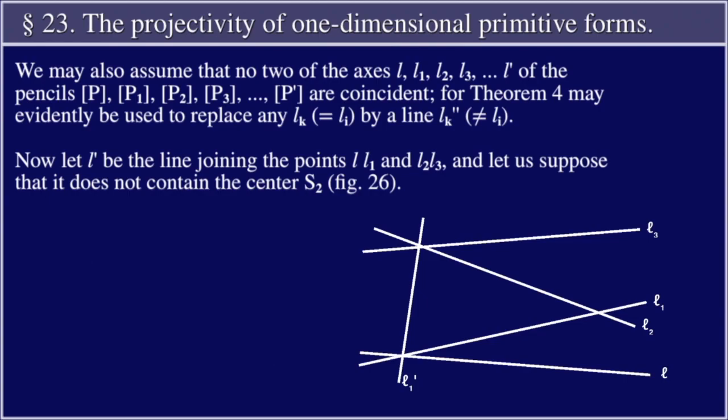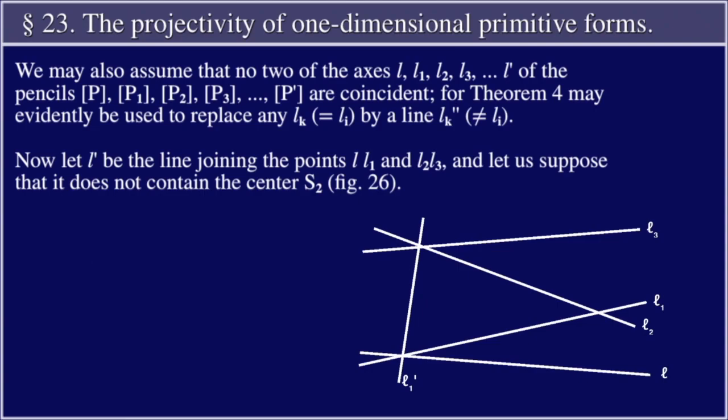For Theorem 4 may evidently be used to replace any Lk equal to Li by a line Lk'' not equal to Li. Now let L1' be the line joining the points L1 and L2, L3,